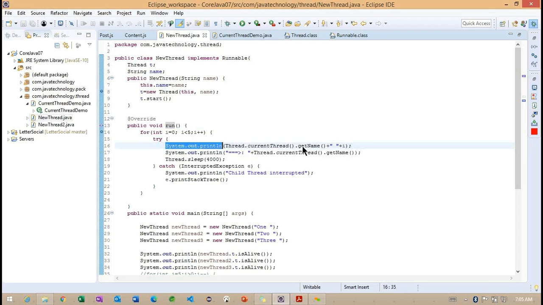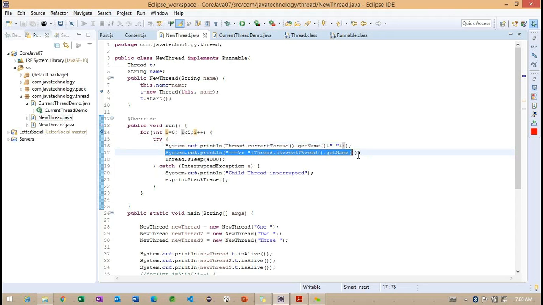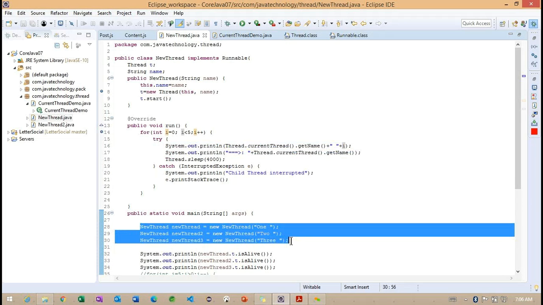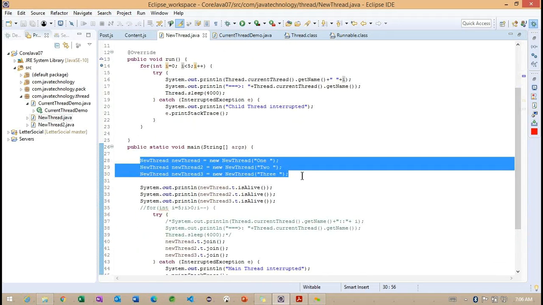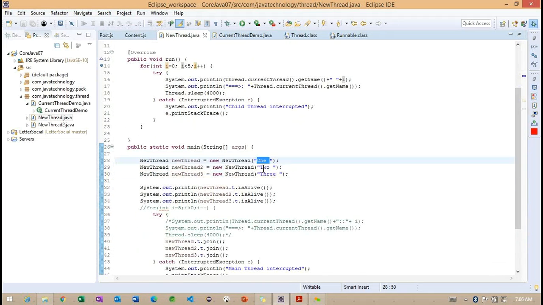Carefully observe here, again we are calling currentThread. Along with the current thread, we are passing some i value, and after that we get the name of the current thread. Getting the point? How many threads are we creating here? We are creating 3 threads. The names of each thread are something like 1, 2 thread.